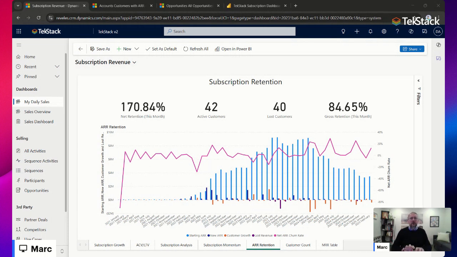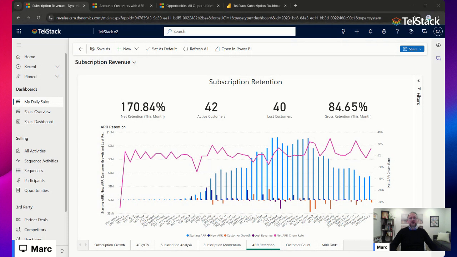And the origin of good transactions in terms of managing both subscription revenue and the renewal has to come, or should come, in our opinion, from the opportunity. Okay. So what I'm going to do is start the story from an account that's currently in our pipeline. They're a prospect. They're not yet a customer. And I'm going to, as a rep, close a deal that has some products on the deal, and we'll show you what happens and what kind of information you can track in TekStack.